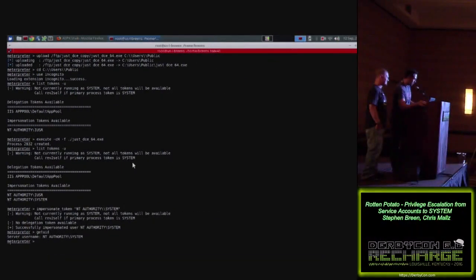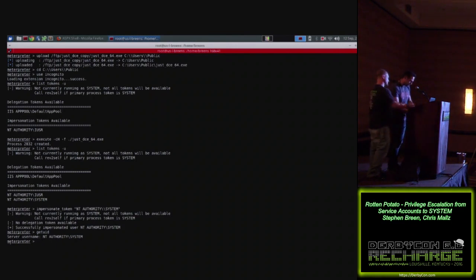You might have noticed that I was typing furiously there, trying to do it quickly. It's because in the current implementation, the token can expire if you don't move fast enough. So just keep that in mind, because if it doesn't work for you, it doesn't always. It should work on every version of Windows, and if it doesn't, then it's a bug in our code or something like that. There's no problem with the technique itself. I'll let you take the next one, Chris.